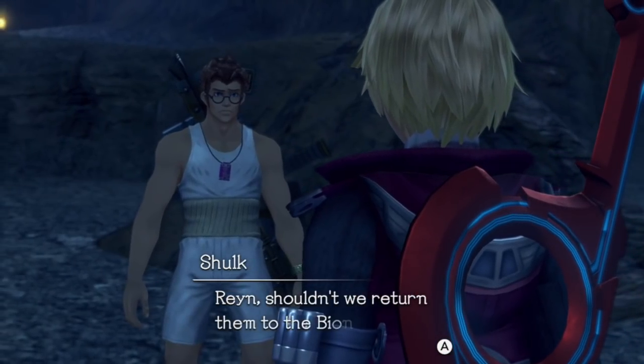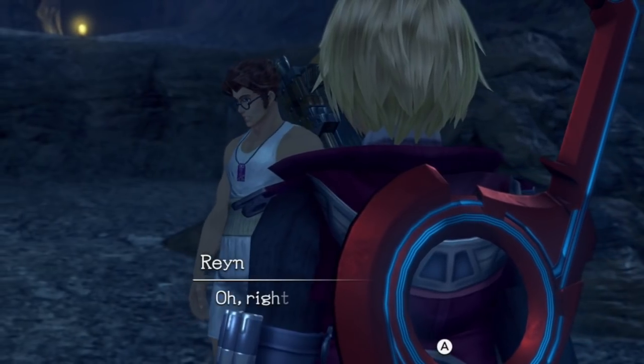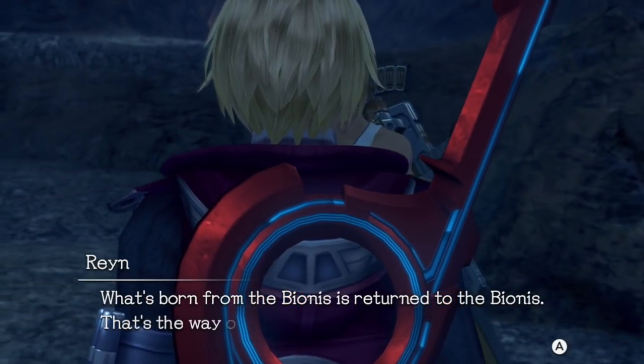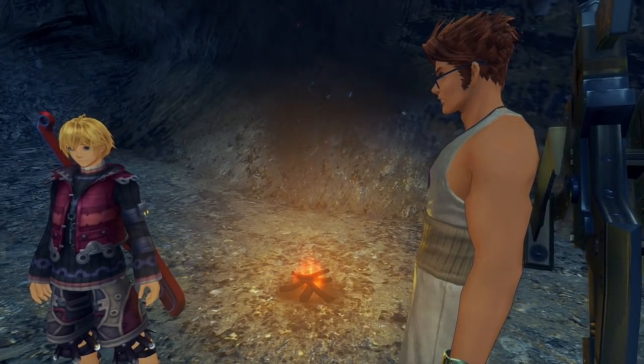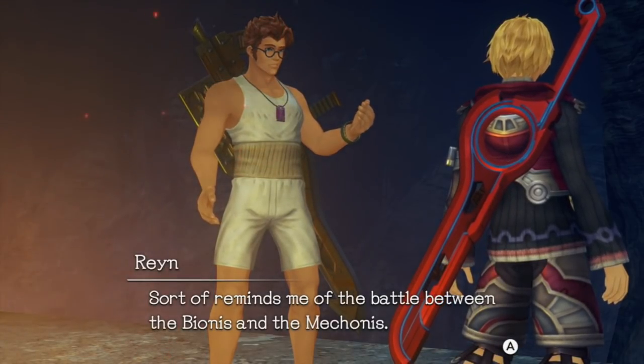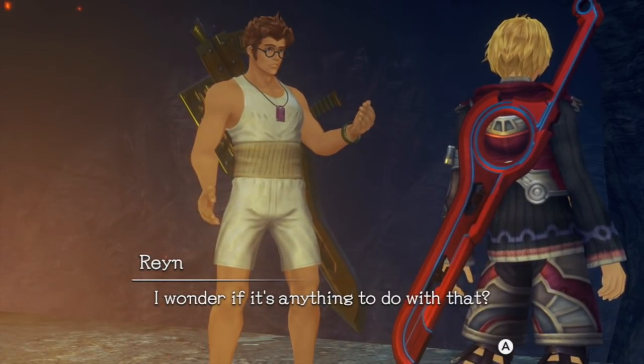Over the course of the narrative, the Bionis is called upon in ways that reinforce its history, like Shulk and Rein honoring the Hom's tradition of returning their deceased back to the Bionis, or Rein comparing their current struggle against the Mechon with the legends of old. These are great ways to keep the player focused on the dynamic relationship between the world and the story, but